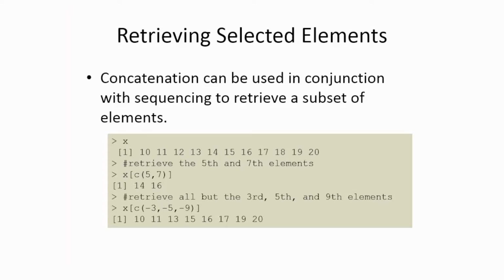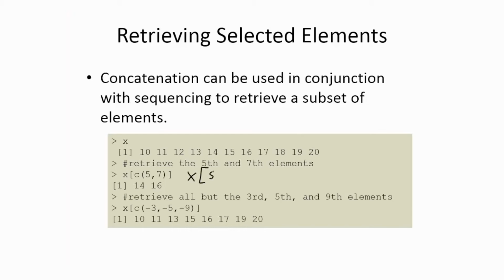So again, here's the sequence x from 10 through 20. I want to retrieve the fifth element and the seventh element. Well, you can't really subscript with 2. You can't really say x 5 comma 7. That means something very different. But you can use a sequence as a subscript index. So for example, if you say, I'm going to concatenate 5 and 7 into a single vector, then you can use the vector as a subset, which basically says, I want x